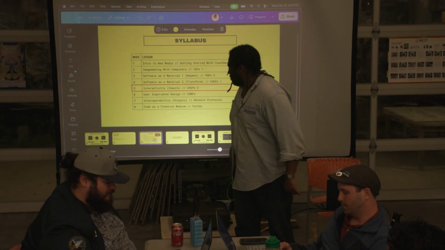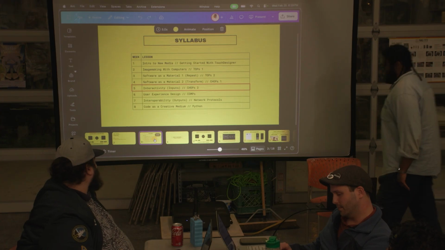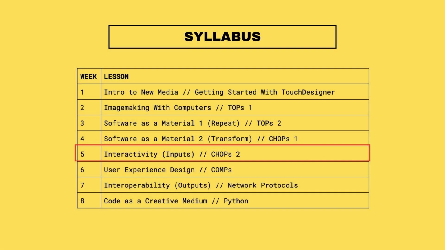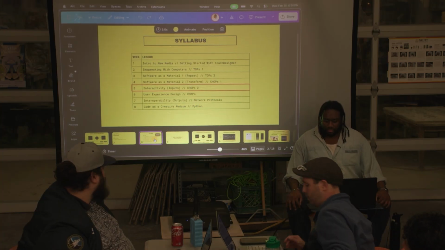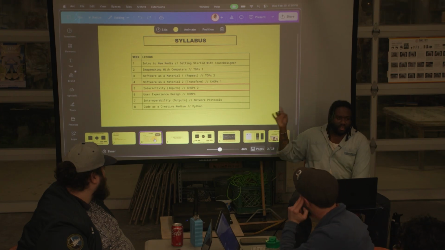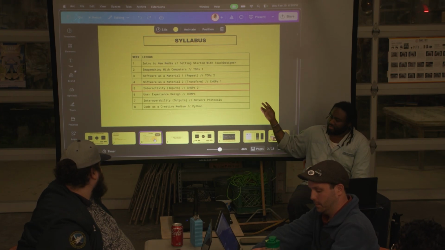Today we're going to be talking about interactivity. So I think today might kind of click more things into place about what TouchDesigner is good at. I can't remember if this was different last time we met, but my plan is today we're going to talk